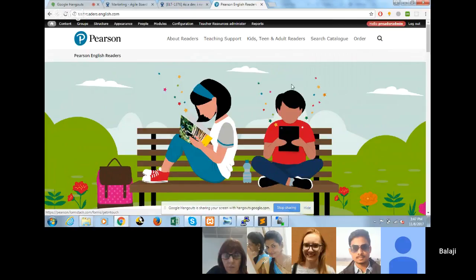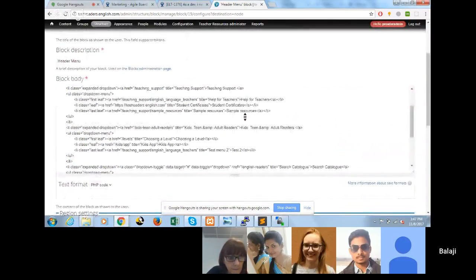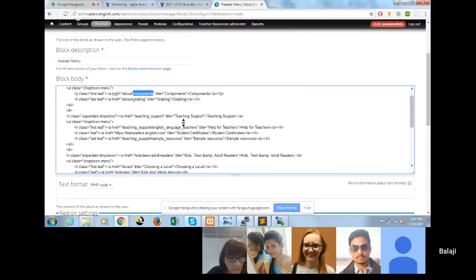For example, if I want to edit this menu, if you hover over the menu, you can see the configuration options. Once you click configuration options, you can see the configurations. Here is a simple HTML structure. You can add or delete, change the menu name, change the menu URL, and everything you can do here.